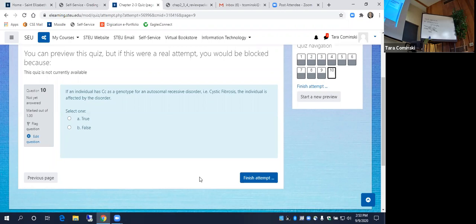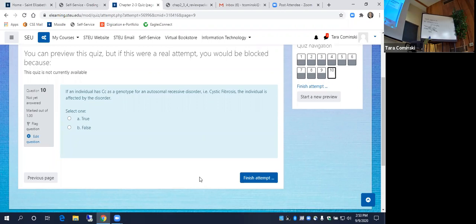Yeah, so if we're talking about an autosomal recessive disorder, you will only express the disorder, have the disease, if you are homozygous recessive, right? 2 little c. All right, so what do we call that person with that genotype? Carrier. Good. Okay, we call them a carrier because they're carrying that diseased allele, even though they themselves don't have